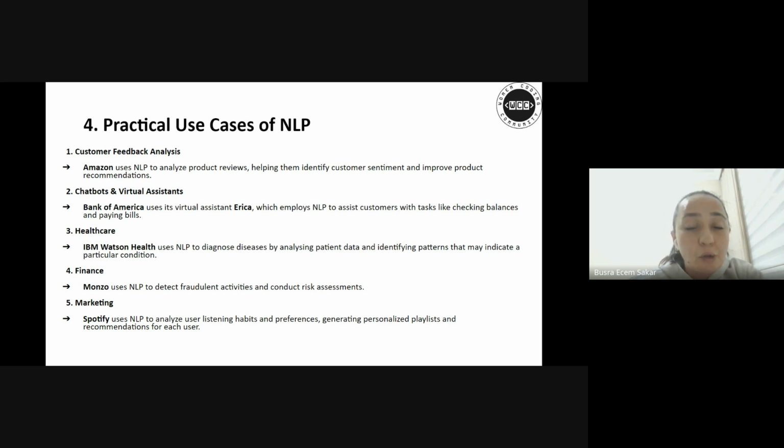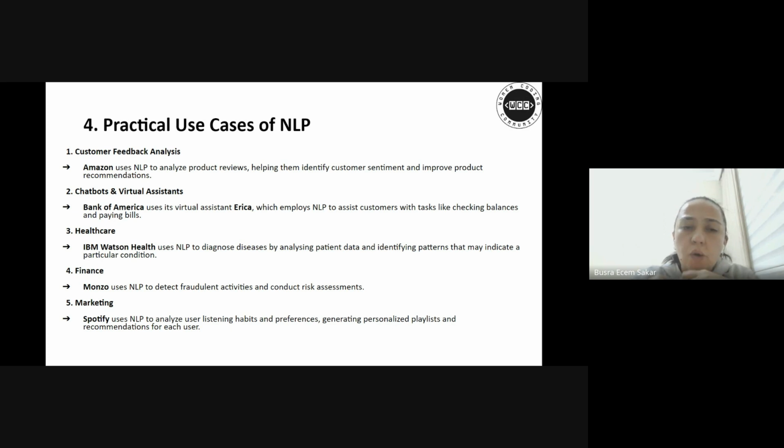Because Monzo analyzes these transaction descriptions and customer support interactions as well, using named entity recognition and sentiment analysis to detect potential fraud. In marketing, Spotify uses NLP to analyze user listening habits and preferences by employing collaborative